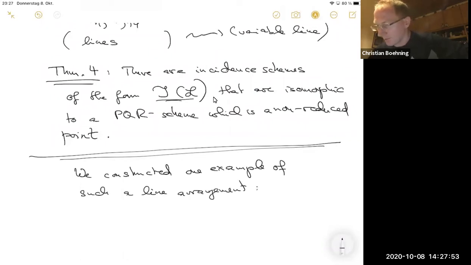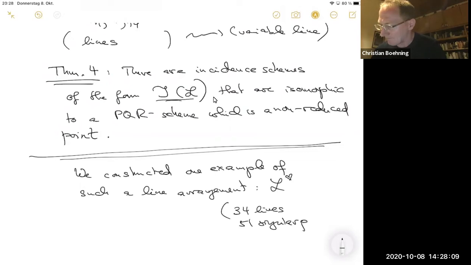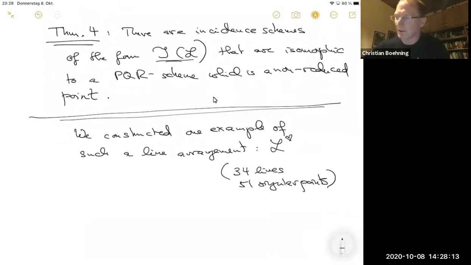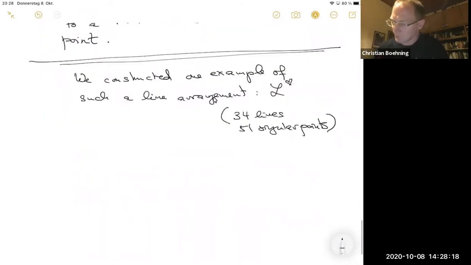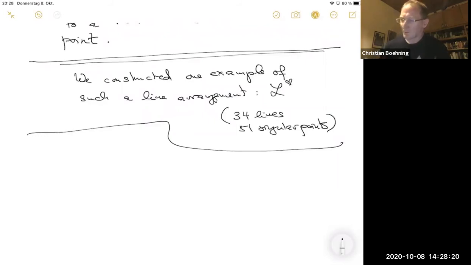And maybe for the following, let me call it L hard. Okay, so that's the line arrangement that we want to work with. In our case, this has 34 lines and it has 51 singular points. Okay, so we can construct such line arrangements. And so now what do we do with them? So once we have such a line arrangement, we can construct a